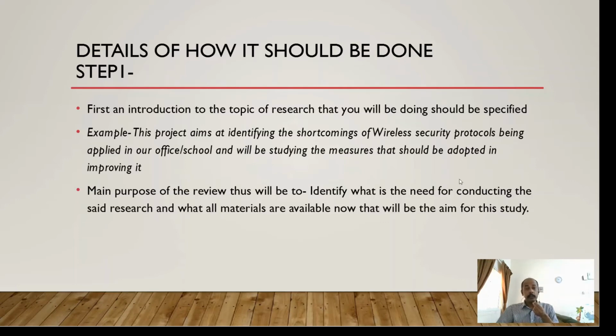The first thing that you can do is go through the abstract. In all your journals or papers, there will be an abstract. Abstract basically means a concise, small description of what this particular paper or project is all about. From the abstract, you will get the whole idea. Even if you don't read the entire journal or paper, which we suggest you do, if you just read the abstract itself, you can get an idea of what this particular literature is and whether it is relevant to your project. The next step will be to organize. In the next phase you will organize it.